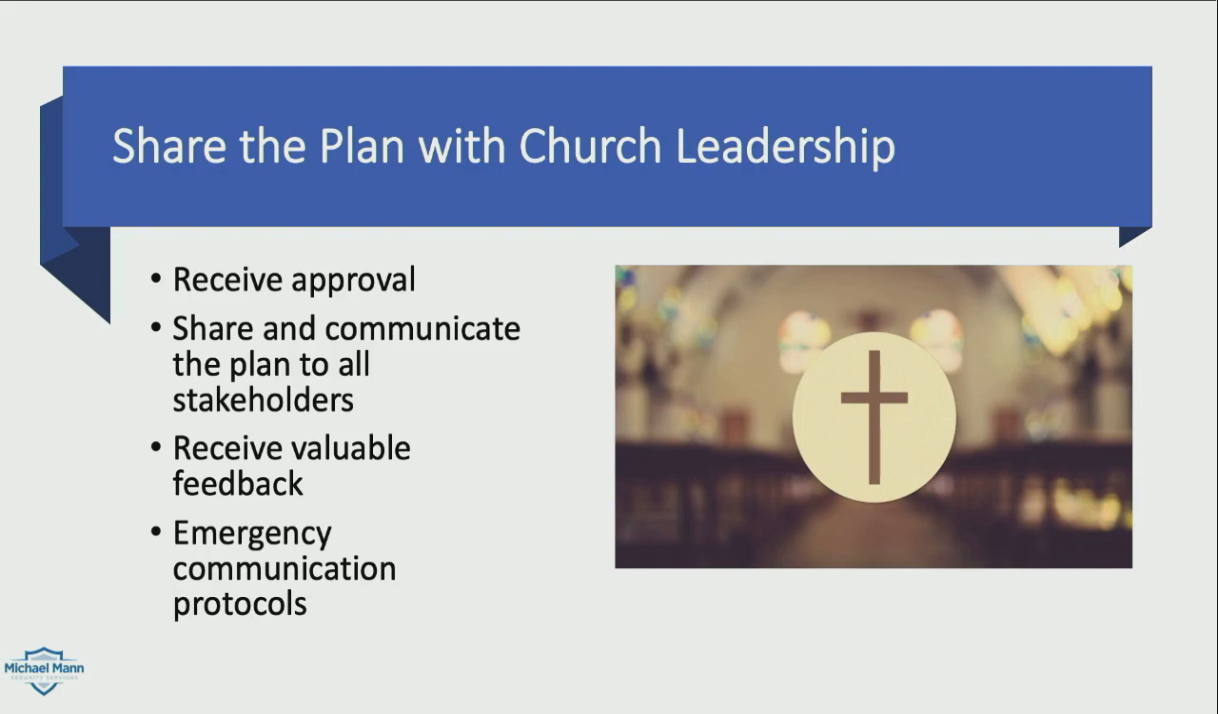Take a look at this and tell us what you think about it, because the church needs to approve it. Two, share and communicate the plan to all the stakeholders. So, let the pastor know what this looks like. Let the leadership know what it looks like. Let the elders know. You want to get feedback from them, because something that you believe might be the right